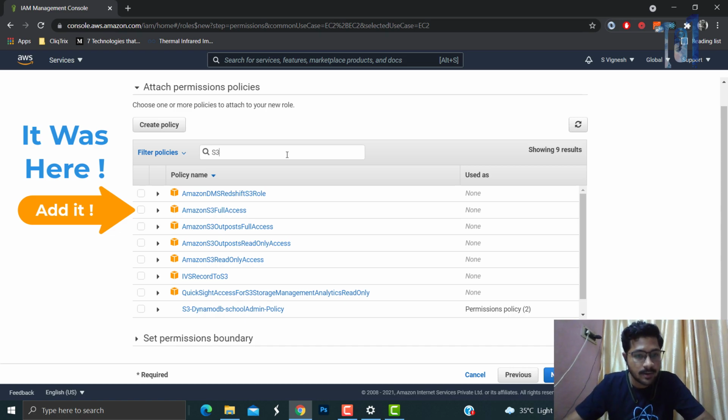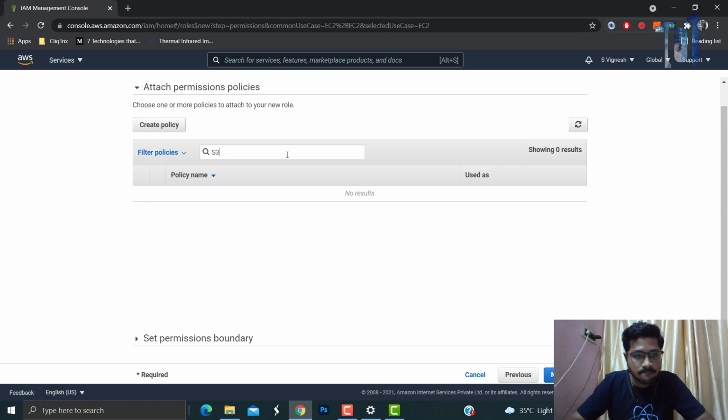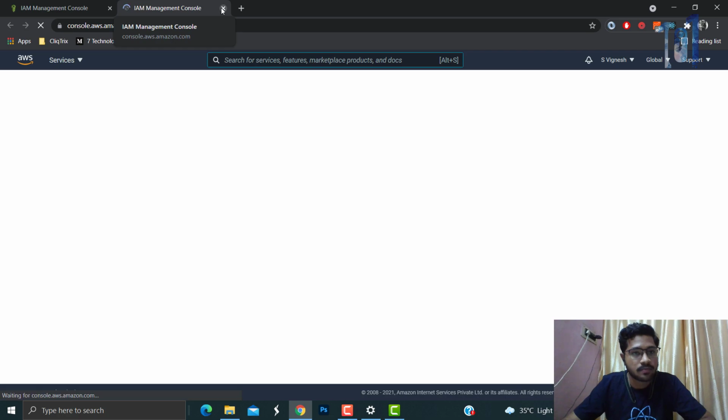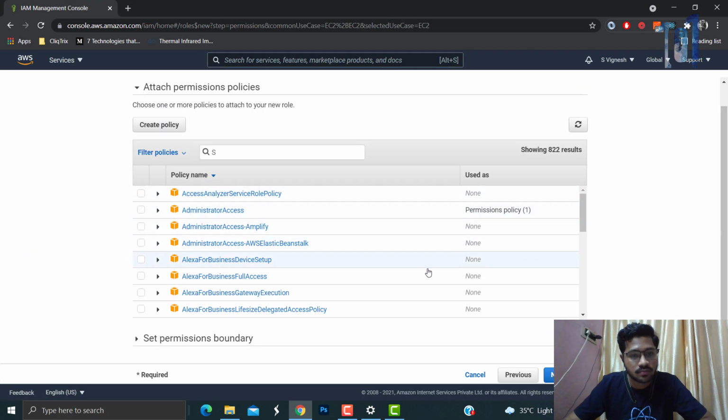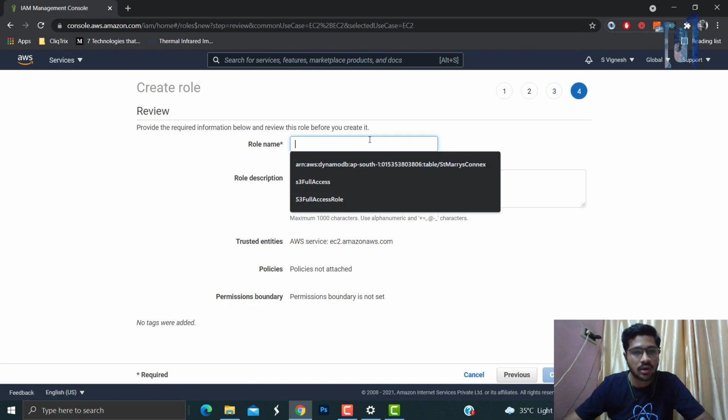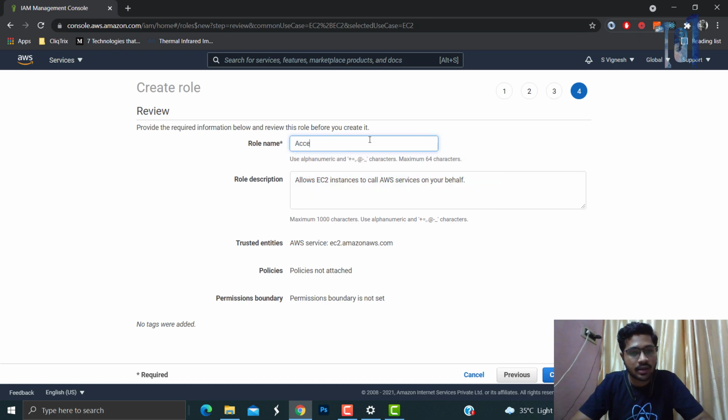So what I'm going to do is create a policy. So we will just add the policy shortly, but we'll just go next, and I'll type the role name. Let's keep it as access S3, something like that, and then click create role.